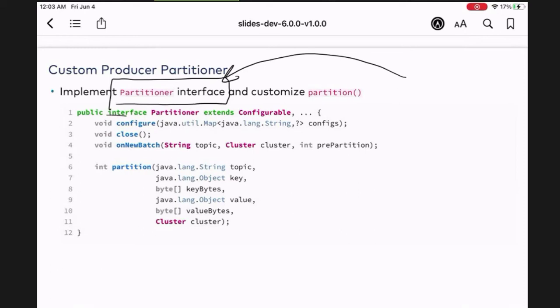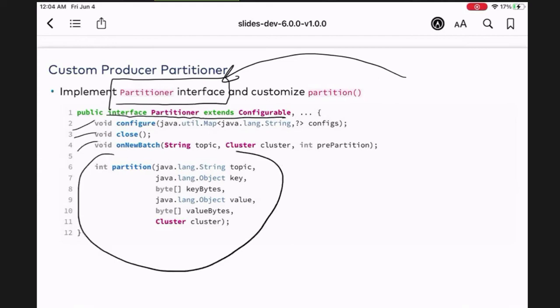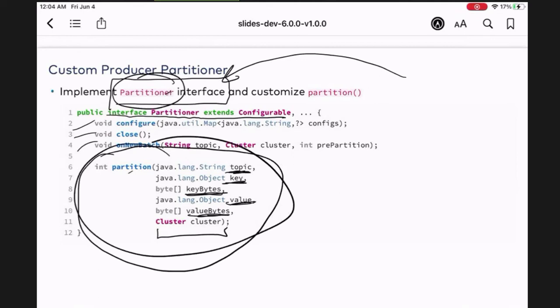So this Partitioner interface in Kafka has these methods. What we're really concerned with is this partition method. See how it takes a topic name, a key, a serialized key, a value, a serialized value, and then a cluster metadata. So we need to implement the Partitioner interface and define the method so that we can create our own custom partitioner, not custom key, custom partitioner.